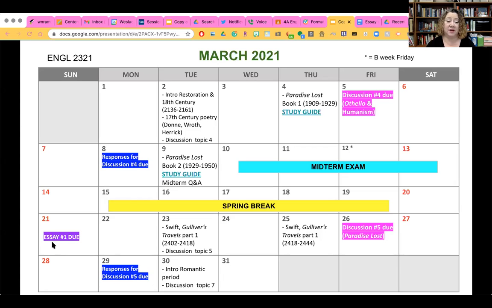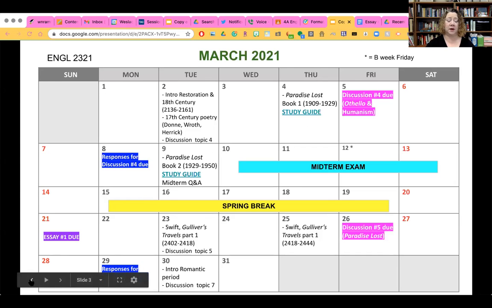In a way, it's not good because I don't like making something due on the Sunday as spring break is ending. It makes me feel like I'm telling you to work on it over spring break, but at least you'll have the option if you want to. For me, I would start figuring out a topic and then break it down into different tasks so that each week I had a goal and I wouldn't have to do it all over spring break. I could maybe just do some final touches for an hour or two and be done. But it's up to you. Use your time whatever way you need to. It's not due until the 21st.